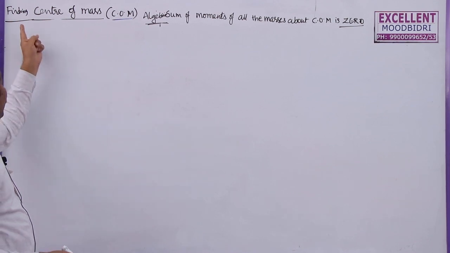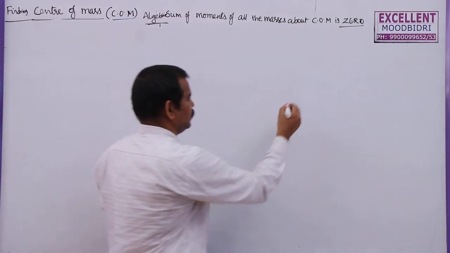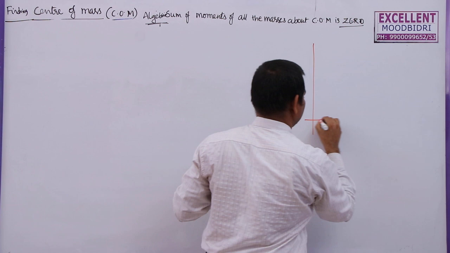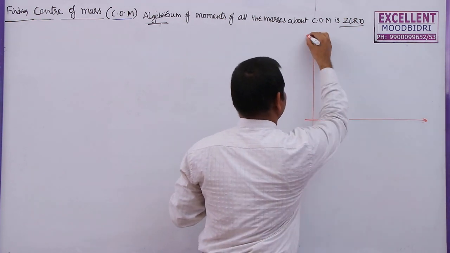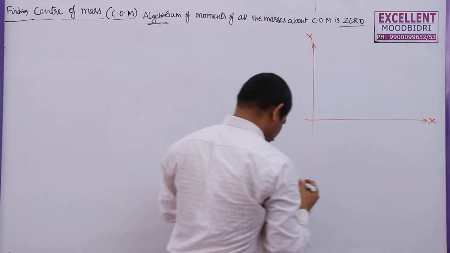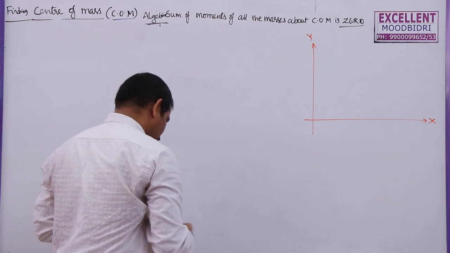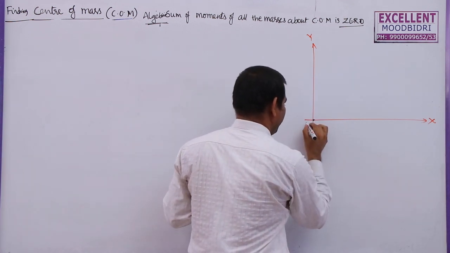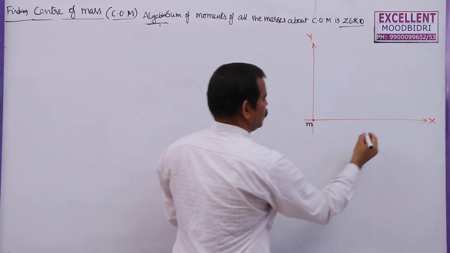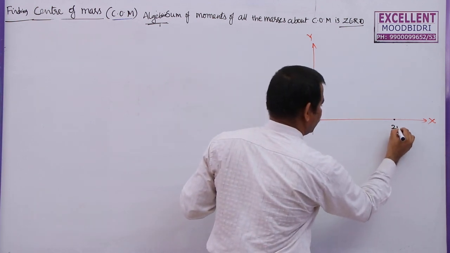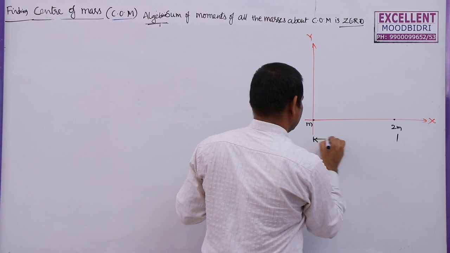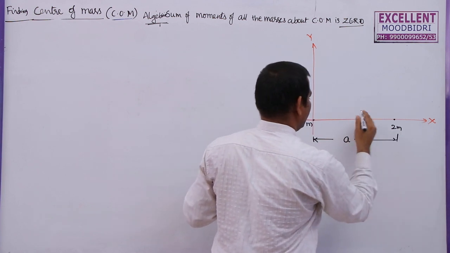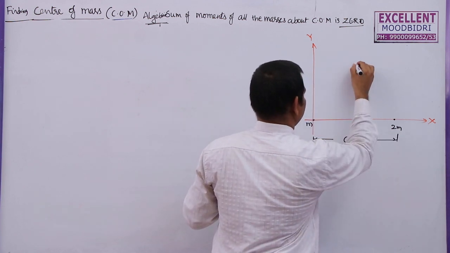Next, finding center of mass for three particles. So this is a problem. This is the y-axis, this is the x-axis. Three particles are given here. This is m, which is placed at the origin, and 2m is placed at a distance, let us say this is A, and 3m is placed here,